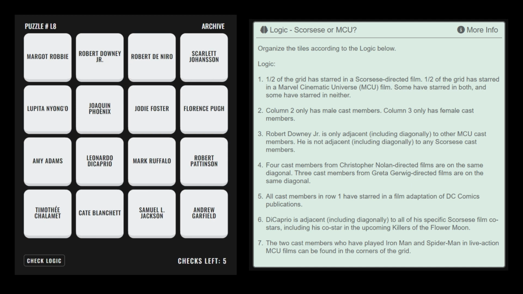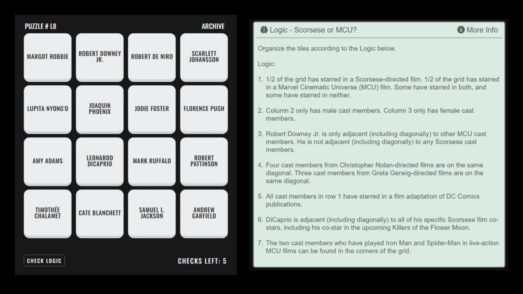This is the Scorsese or MCU logical explanation video. There are many ways to arrive at the solution of this puzzle without guessing. This is just one way. Starting with rule number 7, we know that the actors who have played Iron Man and Spider-Man in MCU films